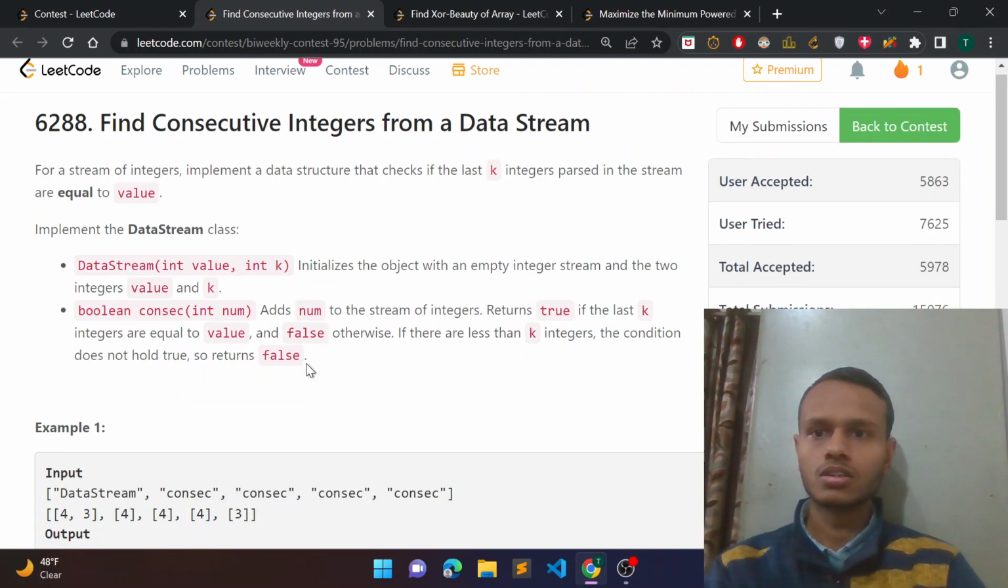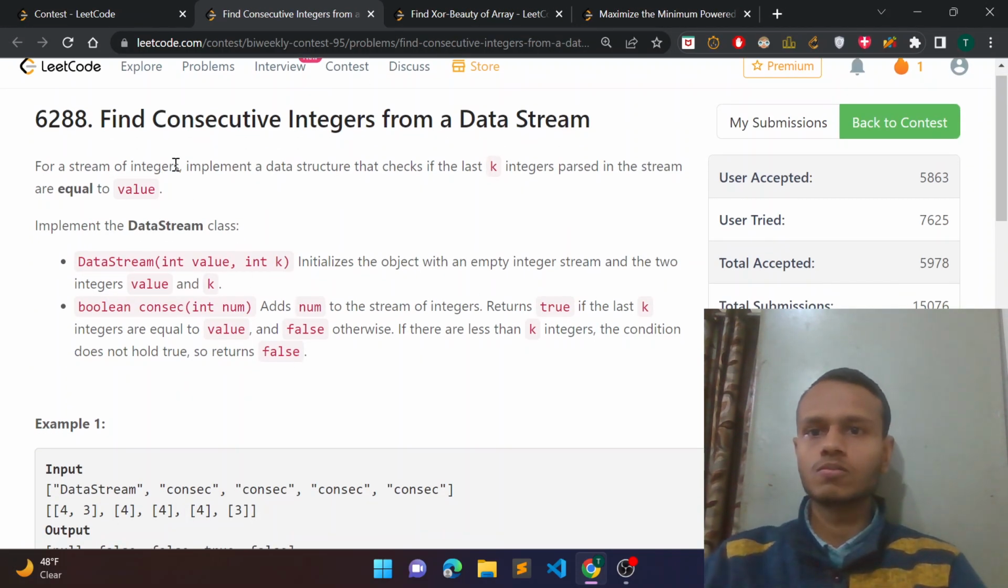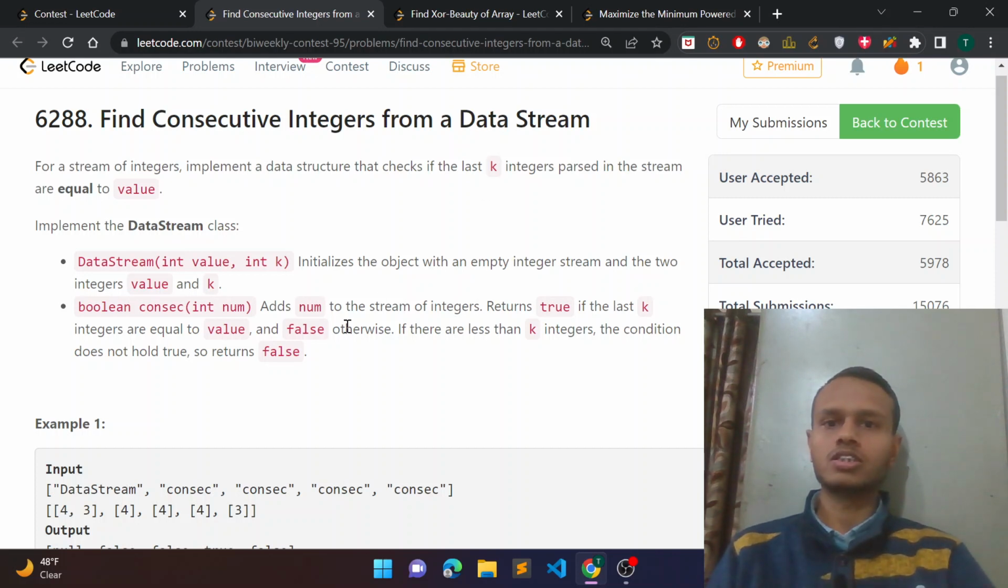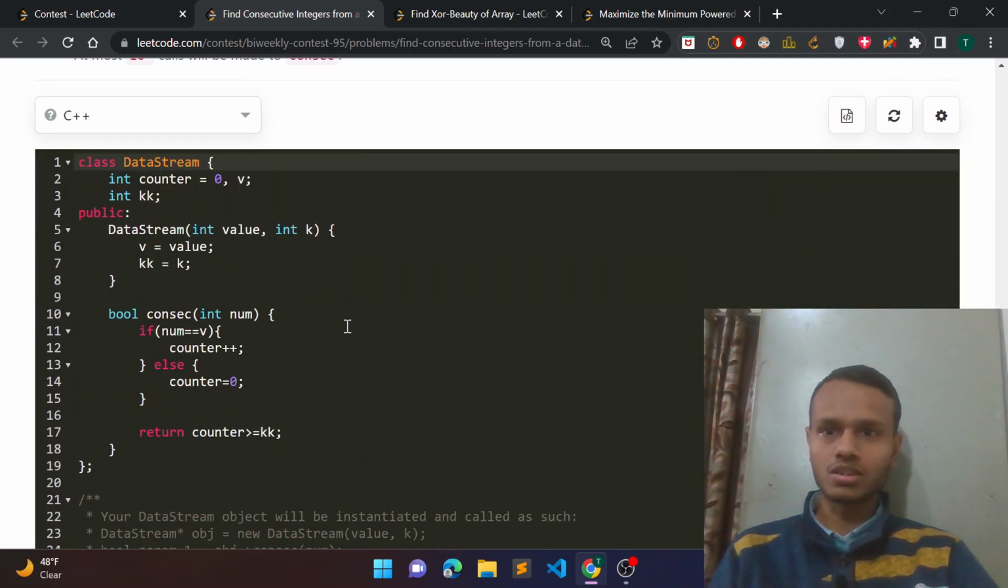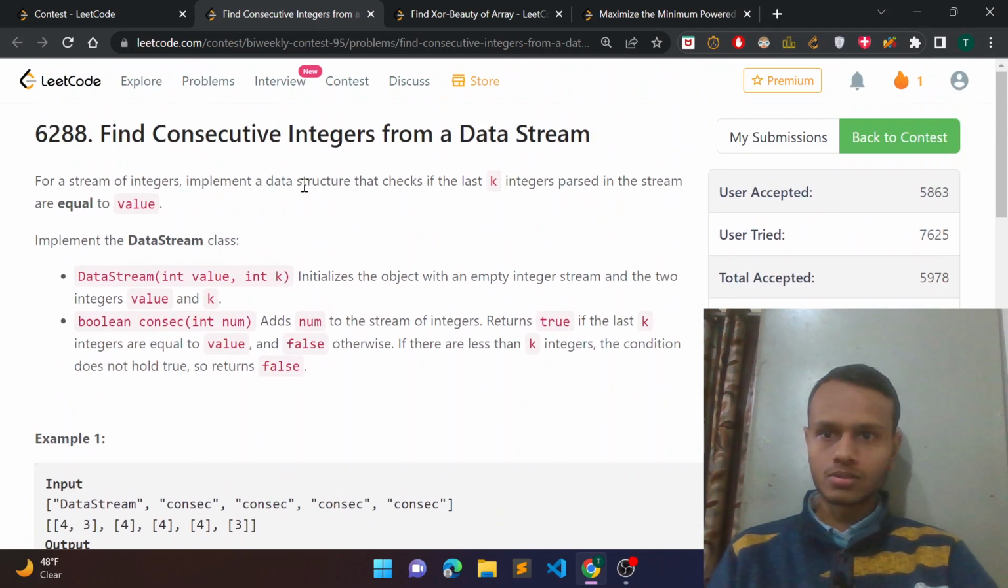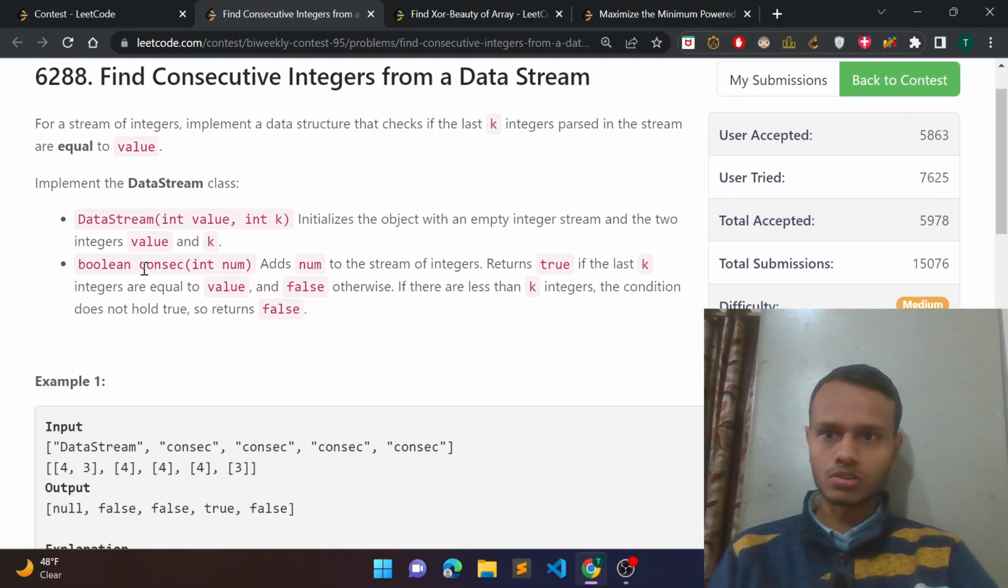Going to the next problem, find consecutive integers from a data stream. I think this should have been the first problem because it was pretty simple. So let's first see what the problem wants us to do. We have to implement this data stream class